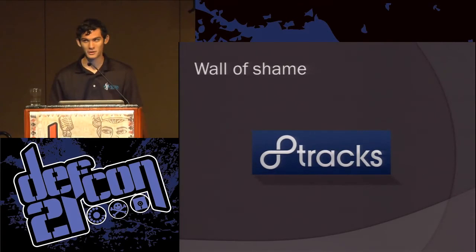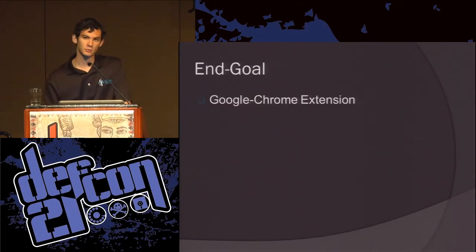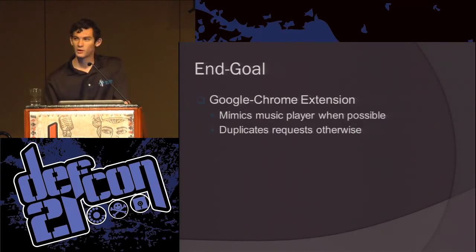So quite a bit. Originally I had planned to release a Google Chrome extension which would have all the different exploits which I'm going to show you. And the way this would work is that it would mimic the music player whenever possible. So whenever I was smart enough to figure out how to reverse engineer the code and generate the requests the way they did. Otherwise, I would just log whenever I saw some MP3 flying by, and I look at the syntax and I match that syntax, and every time something that matches that syntax flies by, I can go get